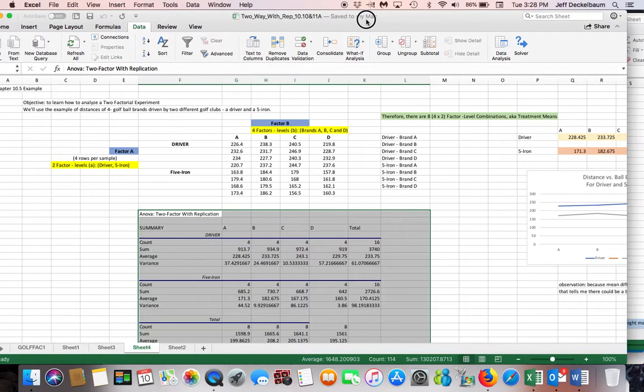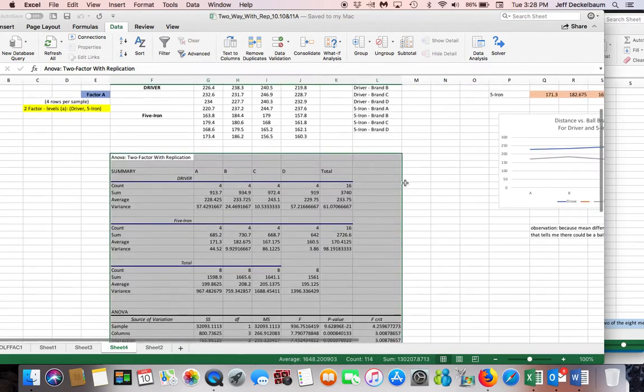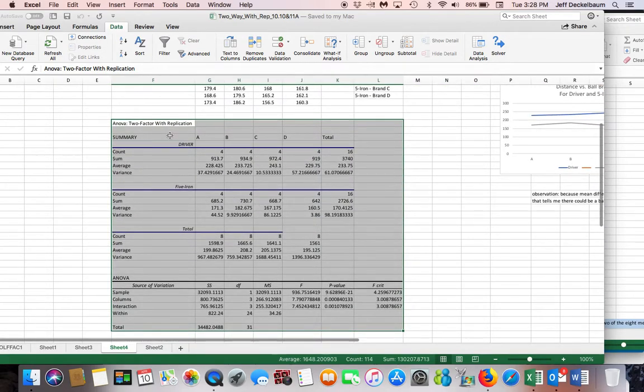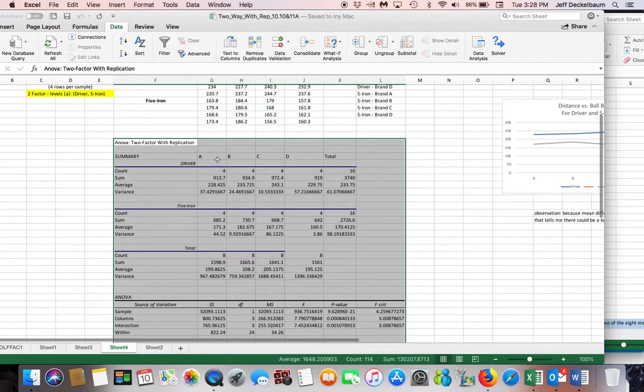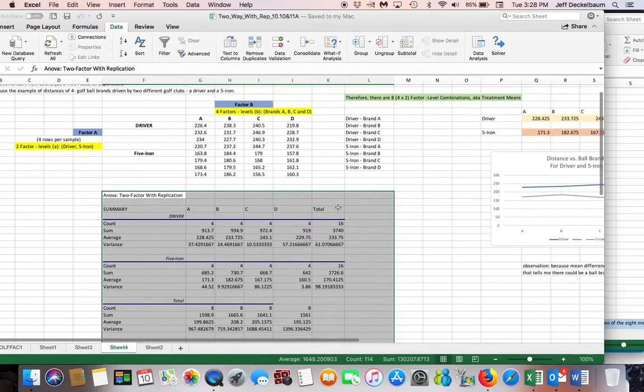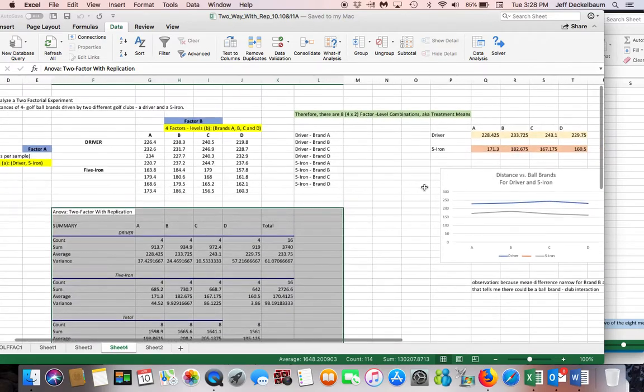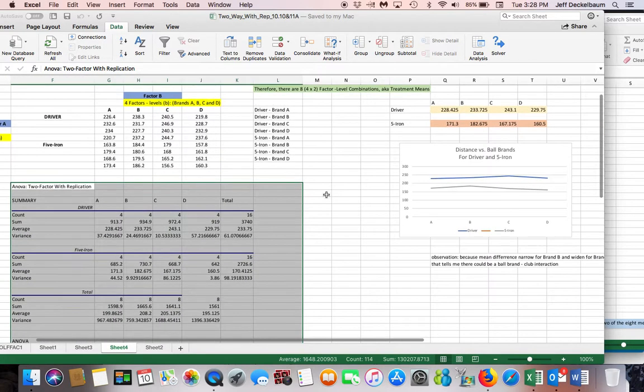Okay. So now what we have is a summary for the driver, the 5-iron, and total. We have count, sum, average, and variance for each factor on the club side, and then a total. And here you see it by brands A, B, C, and D. So I'm going to move over here, and the next thing I'm going to do is, if I wanted to